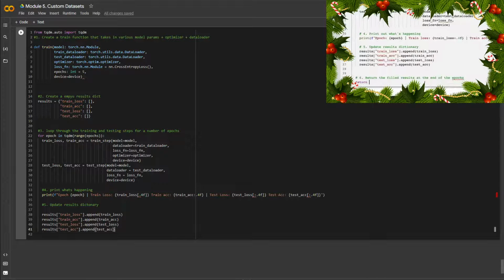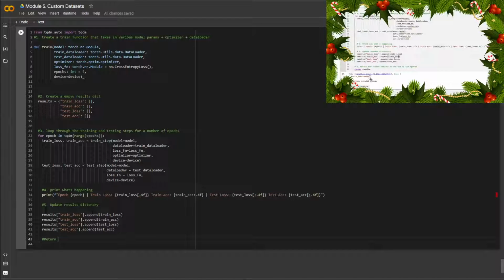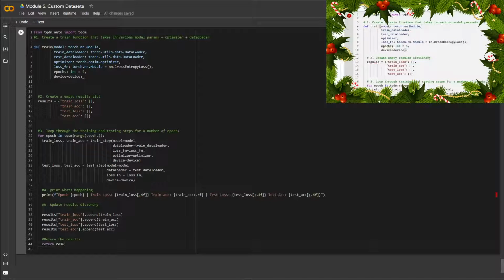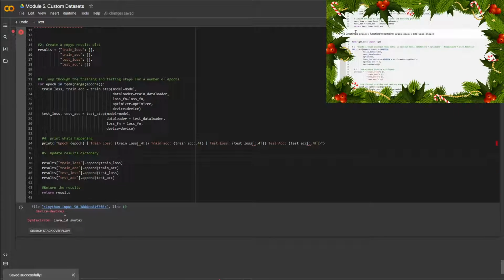Now let's return results. Now, I've probably got an error somewhere here, and you might be able to spot it. Okay, train data loader. Where do we get that invalid syntax? Maybe up here? Oh, we don't have a comma here. Was that the issue the whole time? Wonderful. You might have seen that. I completely missed that. But we now have a train function to train